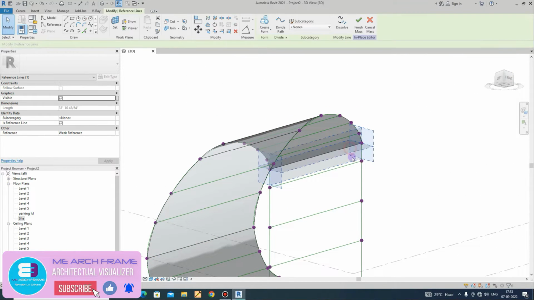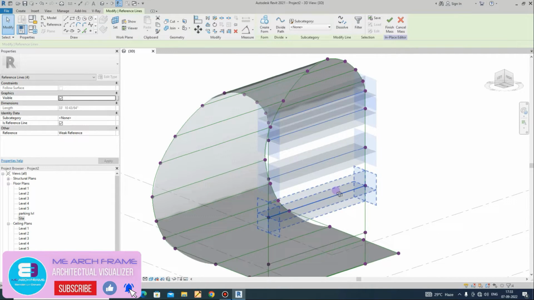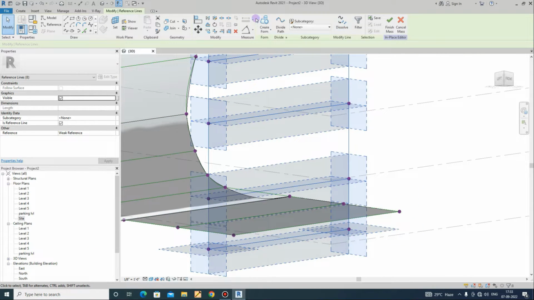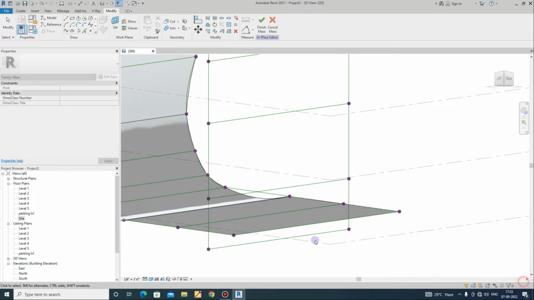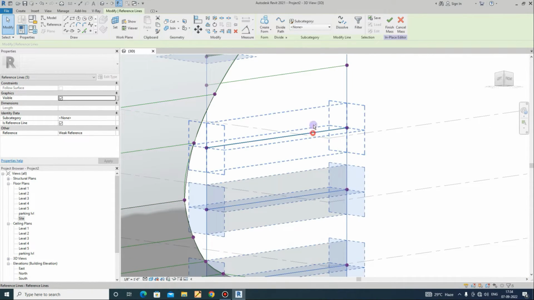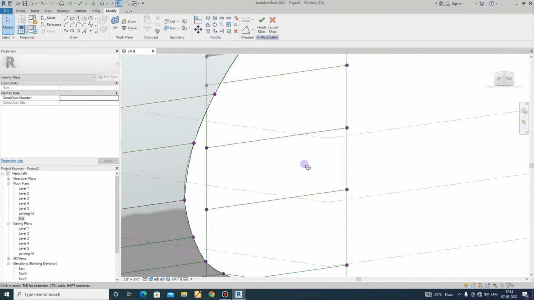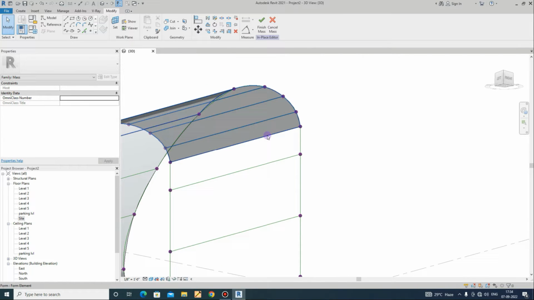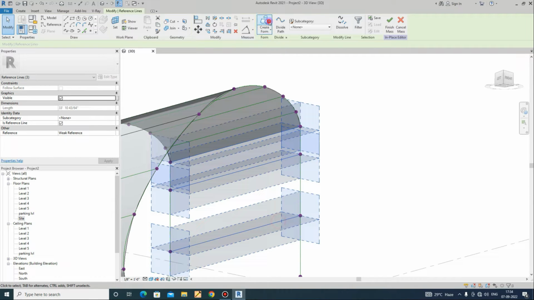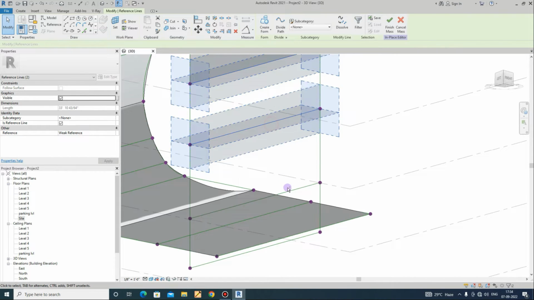Then 1, 2, 3, 5. What is the problem? 2, 3. Check this. 5. 1, 2, 3.